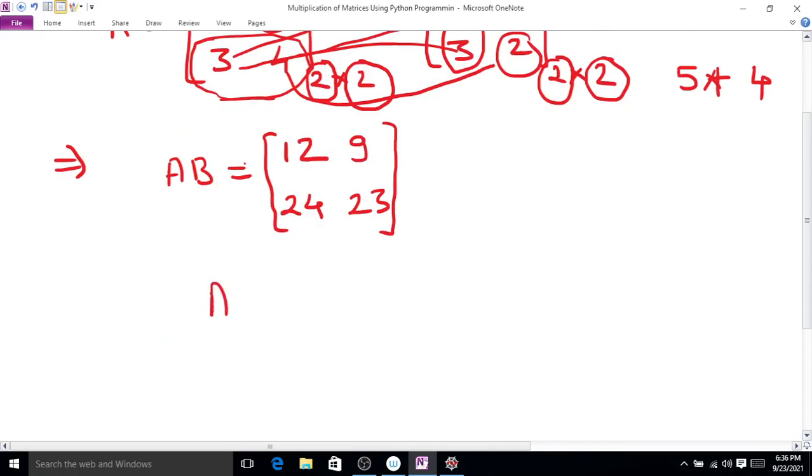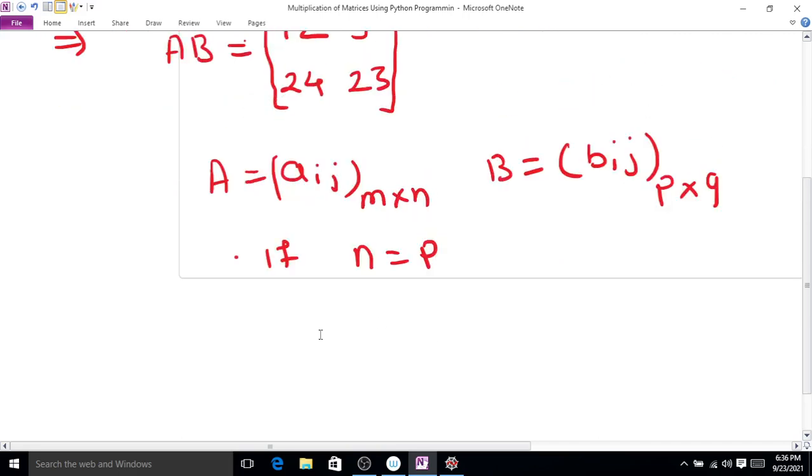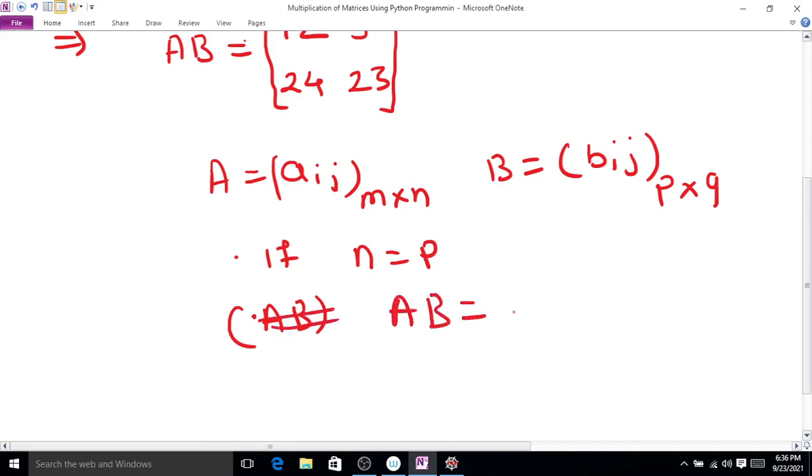So if A is any given matrix having order m by n, and B is any matrix having order p by q, then if n is equal to p, we can find the matrix multiplication, and the order of the new matrix AB is equal to m by q.